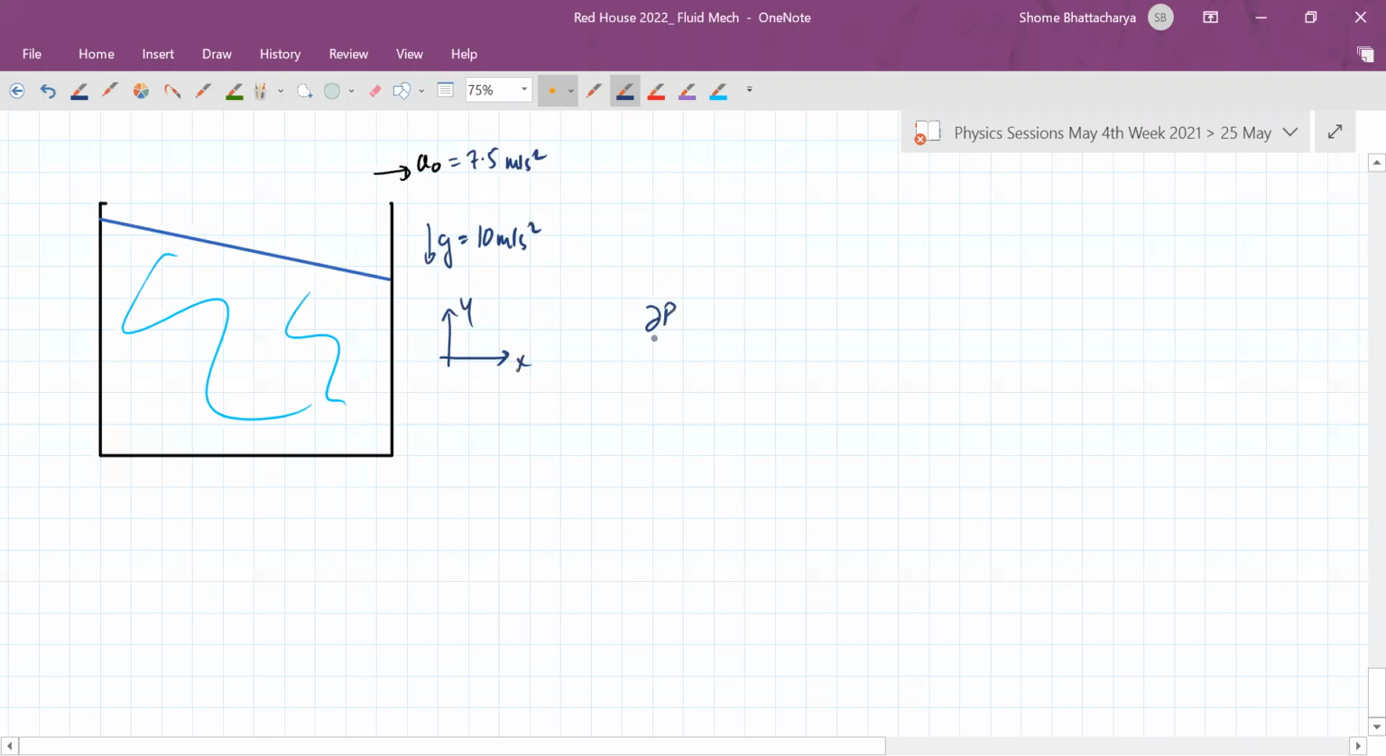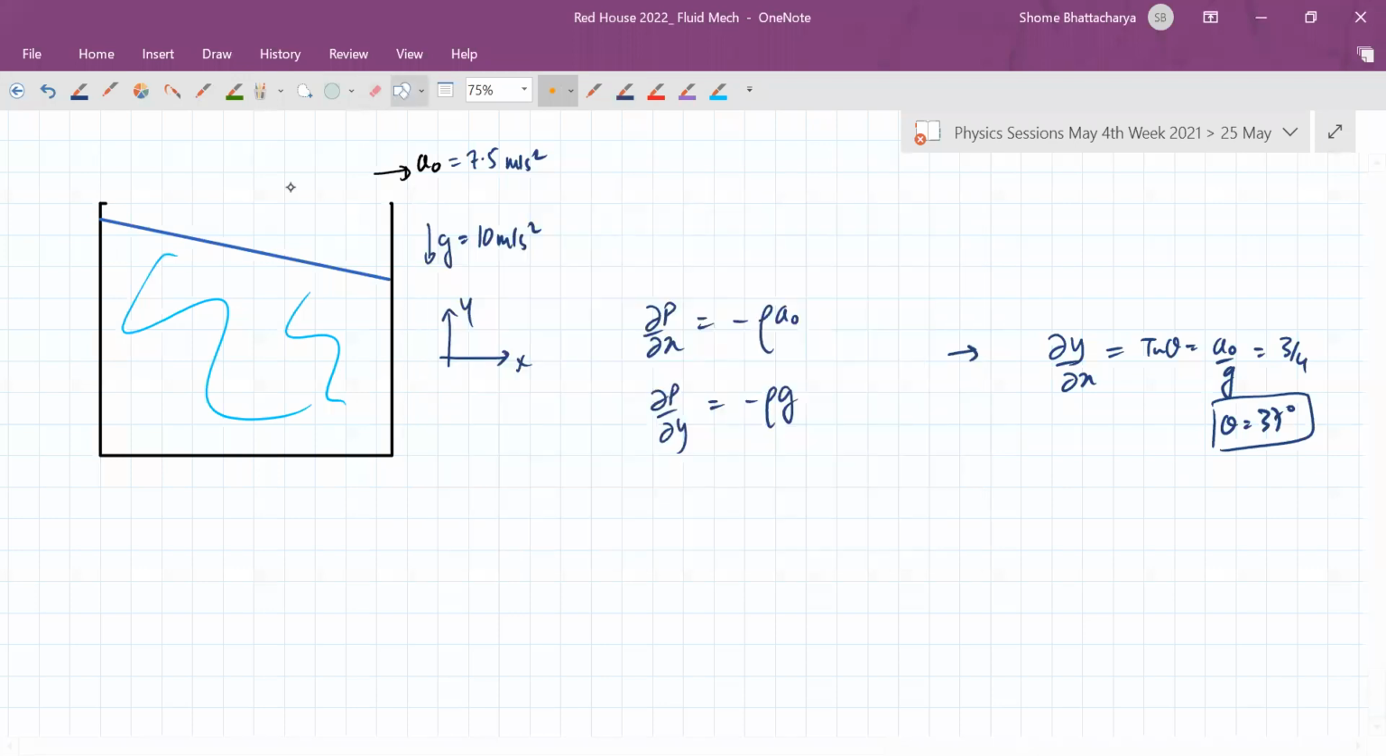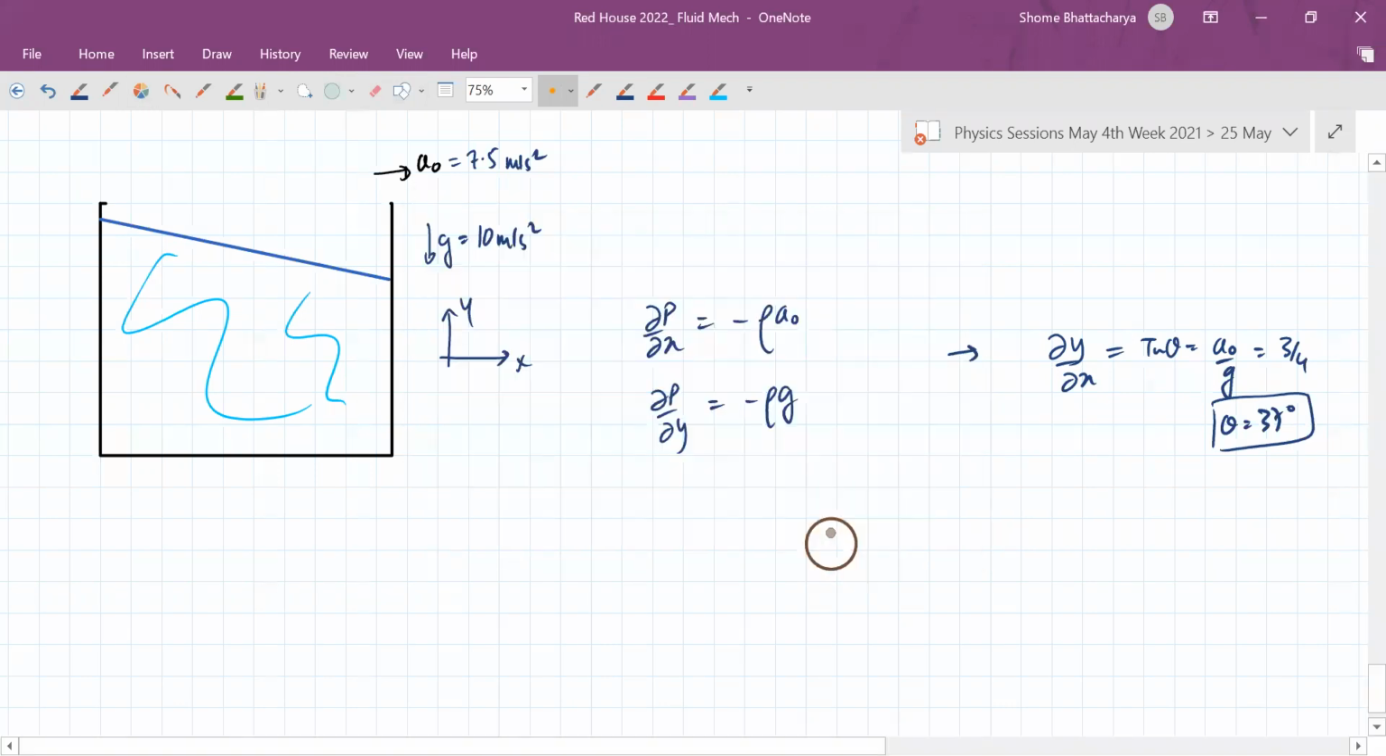So we have del P by del X. So if you divide the two equations, you can see del Y by del X, which is tan theta. So that is 3/4. So theta is equal to 37 degrees. Now let's think about the bob and how its free body diagram will look like in this non-inertial frame. So in this non-inertial frame, on the bob's mass,